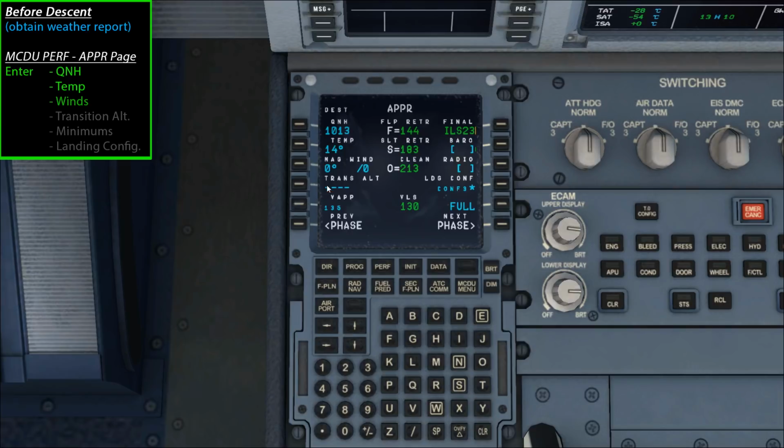I know just from personal experience the transition altitude at Inverness is 4,000 feet. Normally you'll find the transition altitude information on the STAR or the approach charts for your arrival airport, so just put that in there. And then the minimums, I'm not sure what the minimums are at Inverness, but normally again